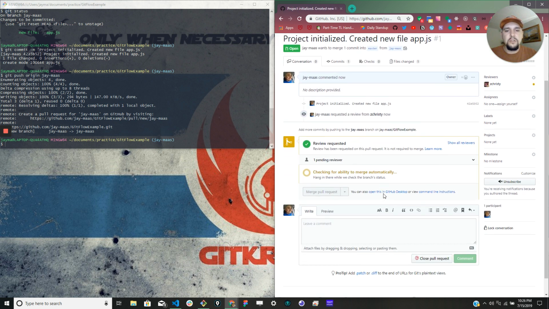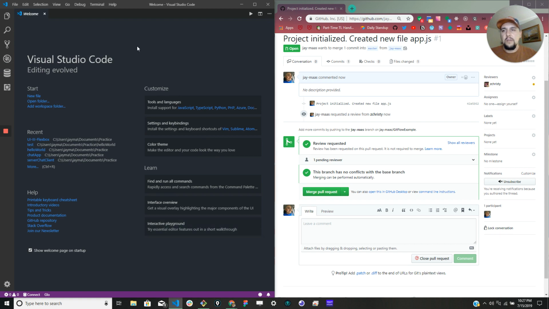I'm not going to close this pull request. I'm not going to merge it. I'm going to leave it open so that my collaborator can view everything I'm doing and help me make sure that my code is ready to in fact go to the master branch. So now that I have brought the code down, I'm going to open the folder